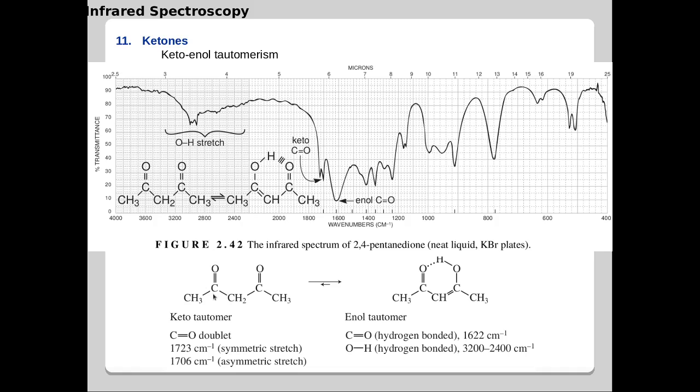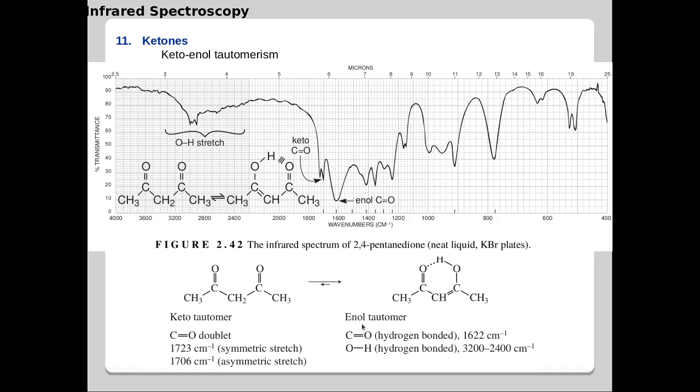mechanical coupling splits the vibrational frequencies of the carbonyl functional groups, which otherwise would have occurred at the same frequency. This coupling splits that frequency into two different frequencies, one at a higher frequency and the other at a lower frequency with respect to the vibrational frequency of an isolated carbonyl functional group. The higher frequency happens at around 1723 cm⁻¹, and the lower frequency vibration happens at around 1706 cm⁻¹. As for the enol tautomer,